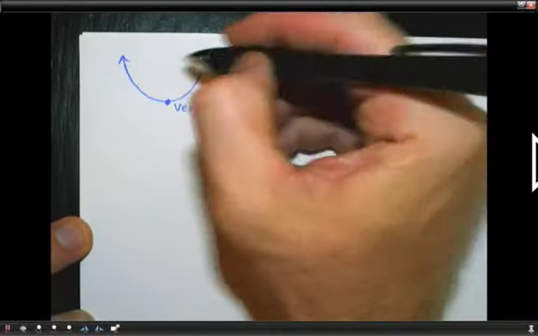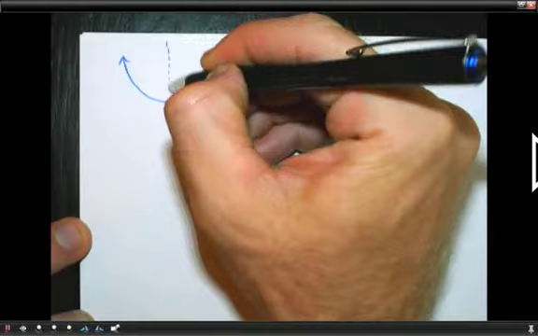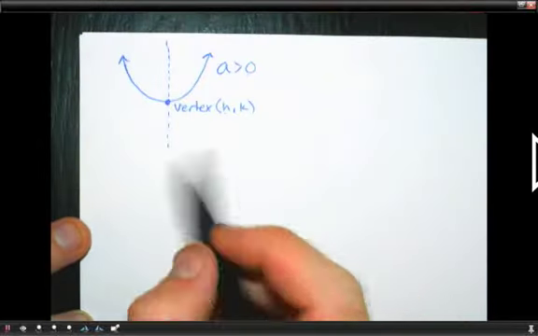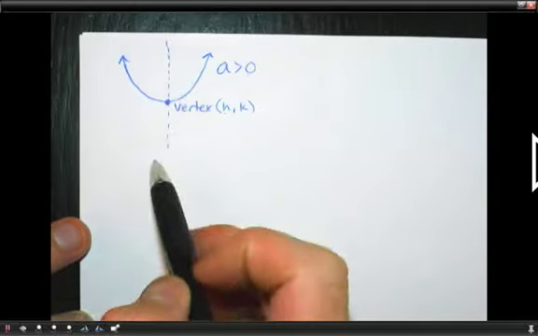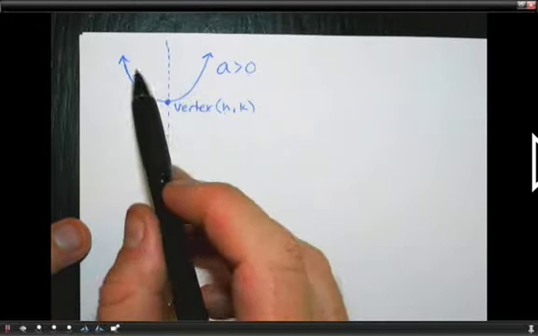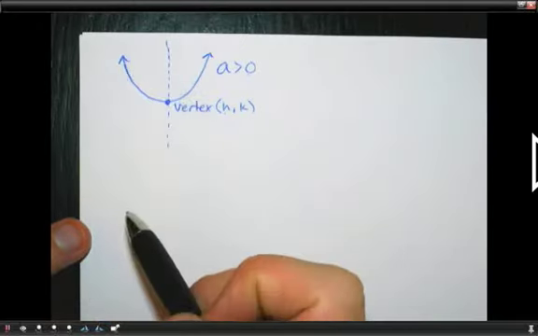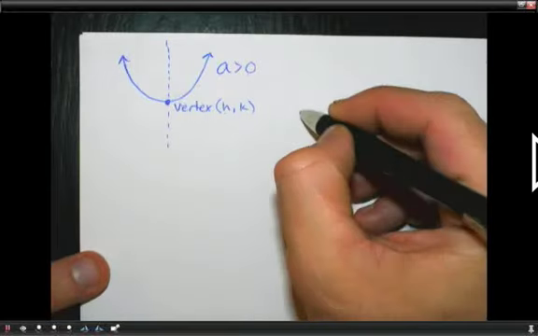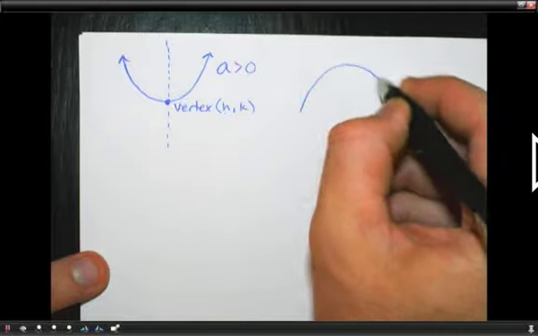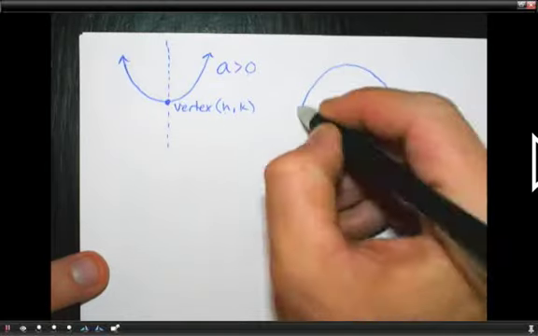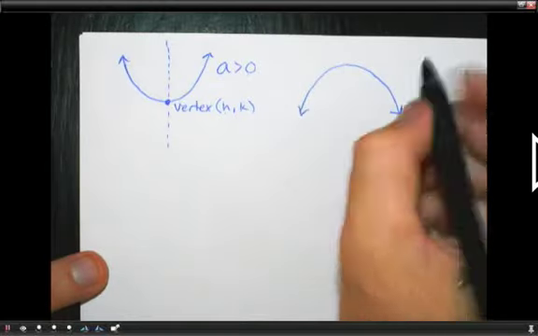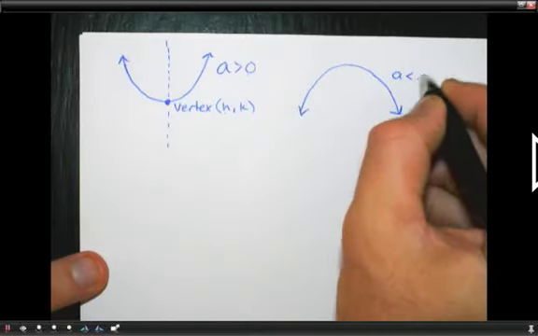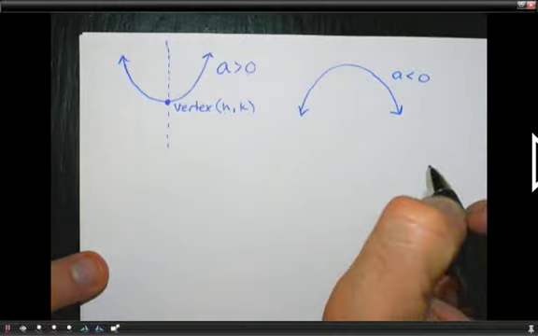And then we have this axis of symmetry. It's not the y-axis or x-axis. It's just an axis that runs through the center of the vertex, cutting it evenly in half on both sides. We'll write in the other type of parabola as well. This is the U down, is what we usually call this. This is for a is less than 0. So if a is a negative number,